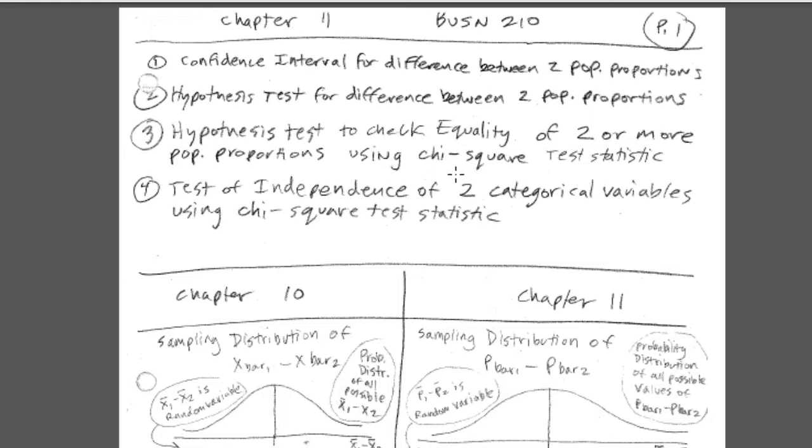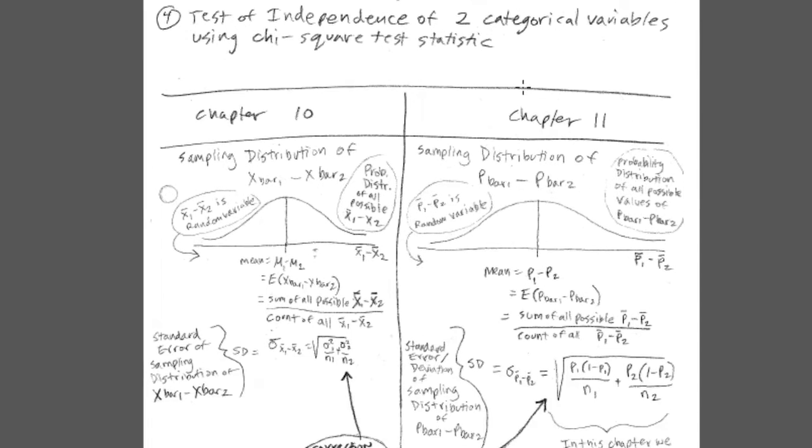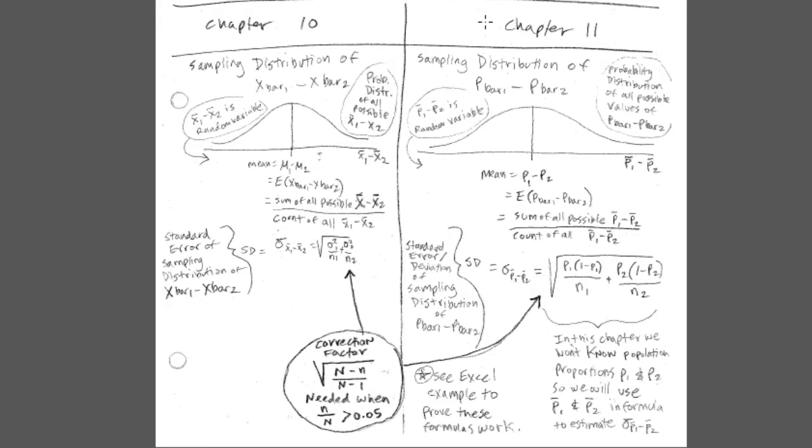And guess what? We're going to use a brand new distribution called the chi-square distribution, and we'll use the chi-square test statistic. We'll also see at the last video in this chapter, we'll do something called a test of independence for 2 categorical variables. Now, before we jump over and actually construct a sampling distribution of Pbar1 minus Pbar2, remember